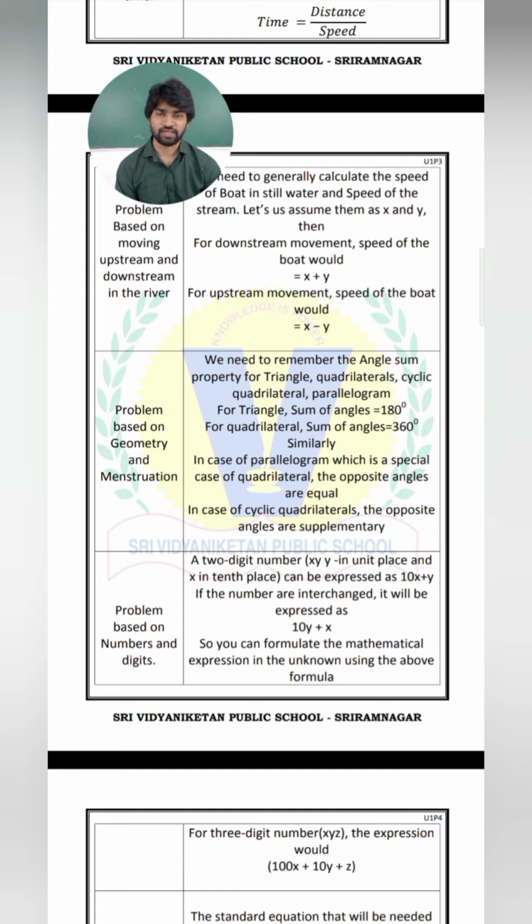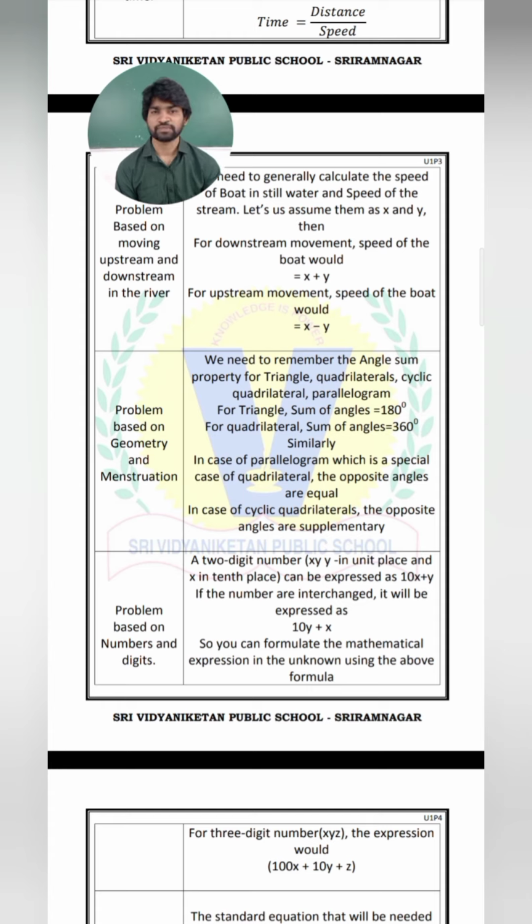In the same way, in streams, when you are going downstream, the river speed or water speed will take you more forward, so this stream speed also will be added to the boat speed. Similarly, when you are going upstream, the boat is climbing against the water. At that time, the water speed will reduce the boat speed. That's why we have to subtract the stream speed when the boat is going upstream. Next, a few different types of cases are given here.